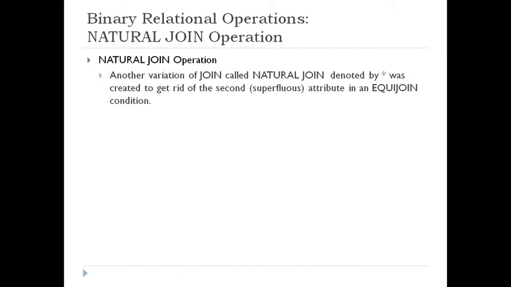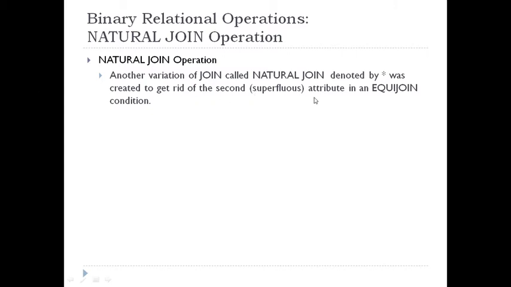Okay, but the thing is, both are displaying the same values, right? Because you are using the equijoin, which means if values are the same in these two tuples, then you will fetch them. That means even though the names of the attributes are different, the values in that column are the same, so you will get the same column details twice. So to avoid this, we will use the natural join operation.